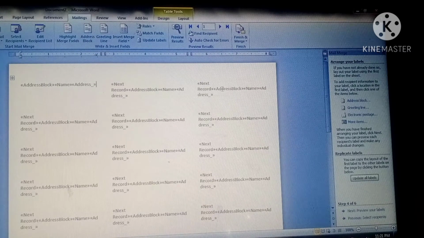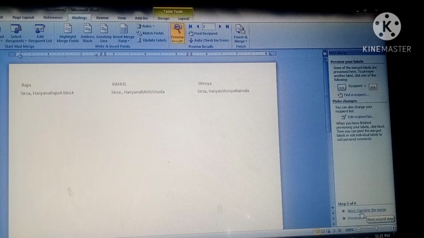Now after this you will move to step 4, that is next, preview your labels. You will click on this preview your labels. As I click on preview my labels, you can see the changes on the screen.